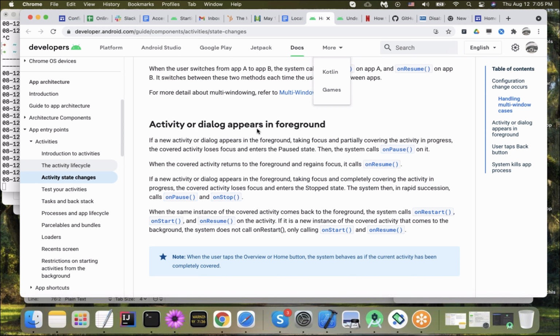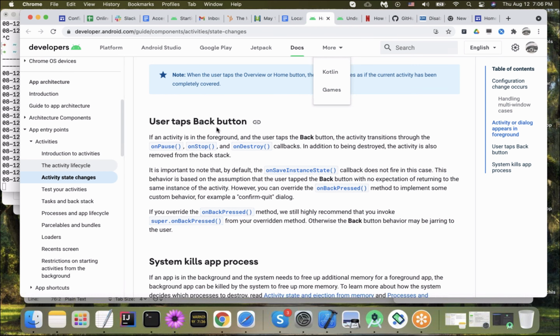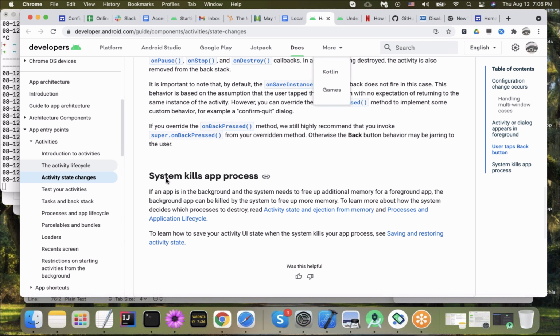Again, something like you receive notifications of some sort, and then the user taps the back button. On an Android device, there are still back buttons. They might be physical buttons, or they might not be physical buttons, that we can use in order to completely close the app. And they also say that you have to save. If you want to restore it after, you have to save the current state, and don't forget to restore it,